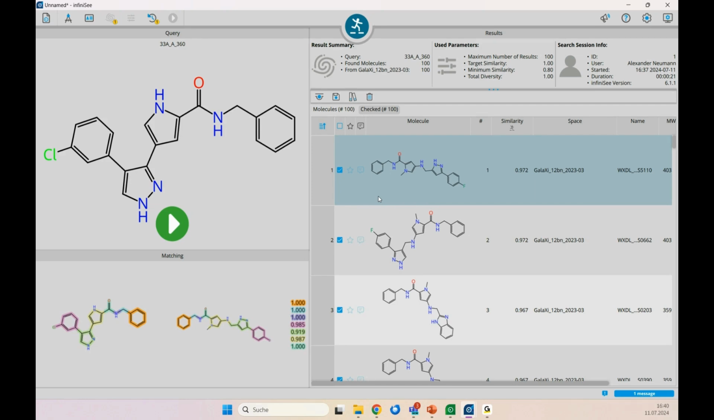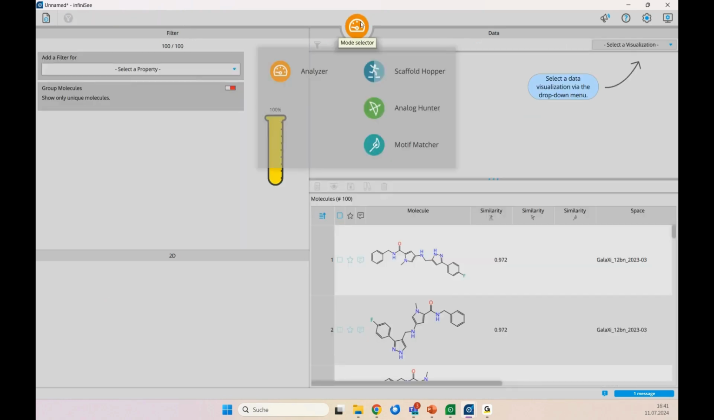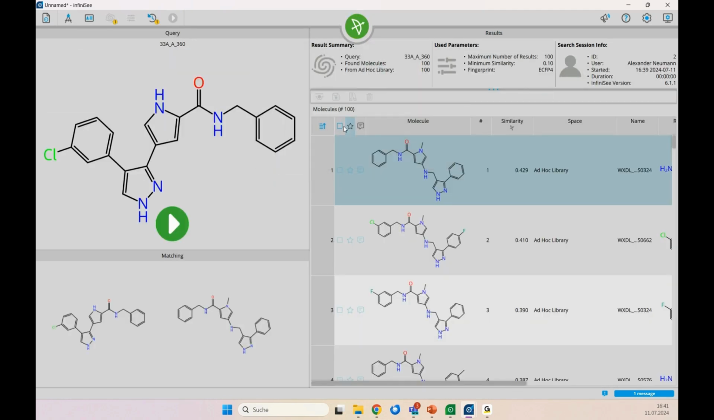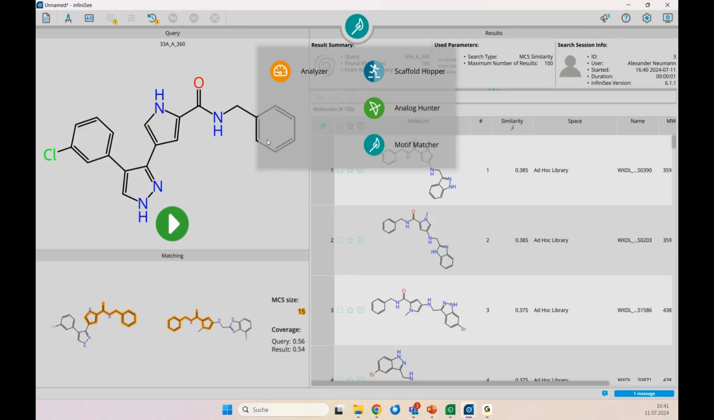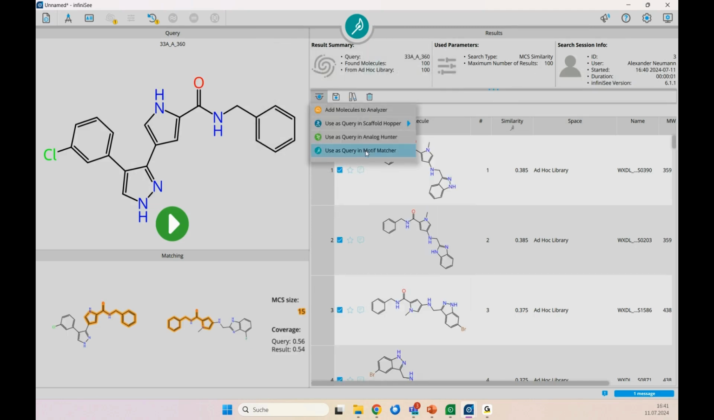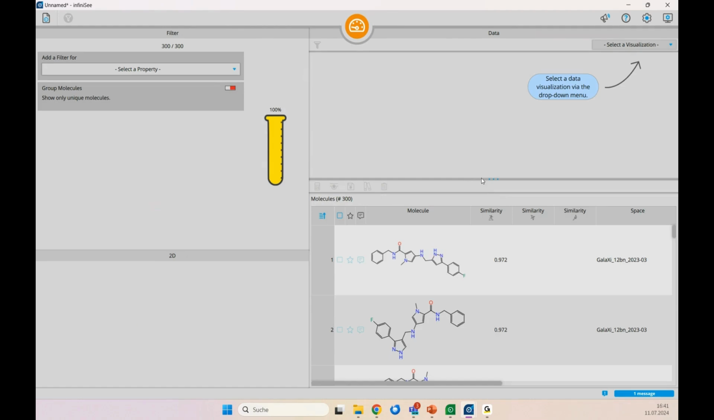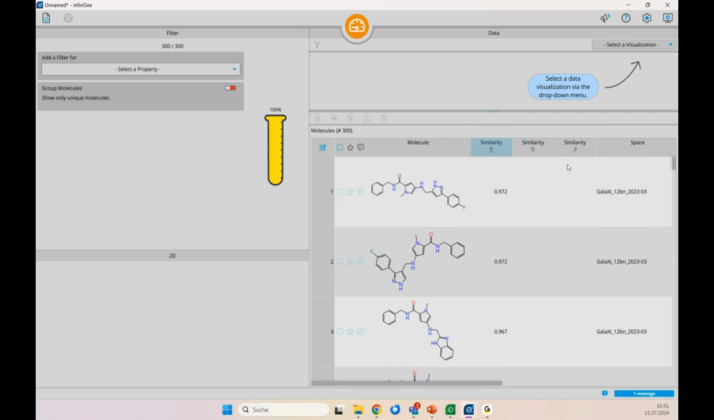Another addition and augmentation that we now added to infiniSee is a part of the analyzer mode. So now I will just take all my results from the scaffold hopper and push them to the analyzer mode. We'll do the same with all my results for the analog counter and all my results for the Motif Matcher. So now I have 3 times 100 the same compound,